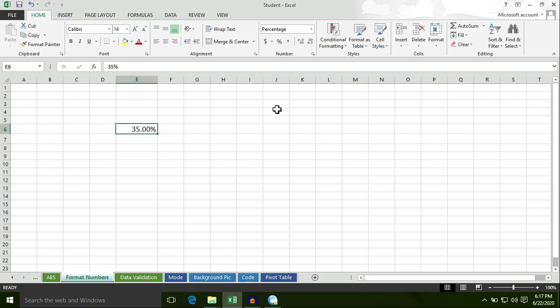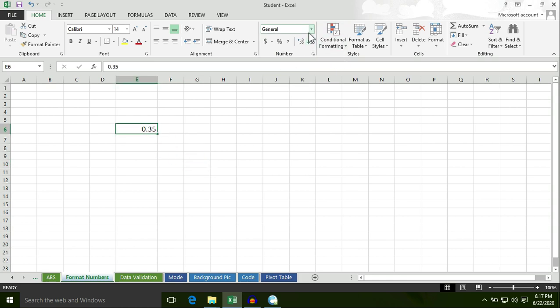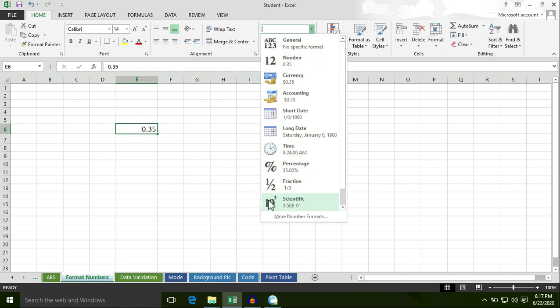I can also increase decimal. Now I increase decimal up to 3 places. So you can also decrease the decimal. Now decrease this decimal. Decimal is decreased. Now, in order to remove the percentage sign, click on drop down button and then select no specific format. So I want a fraction for this number. Select this cell or select this number, click on drop down button, then select fraction.